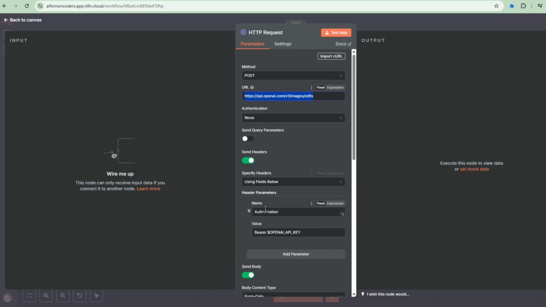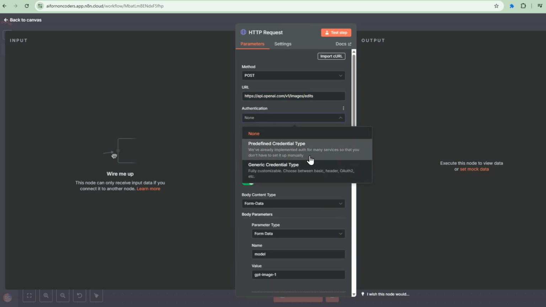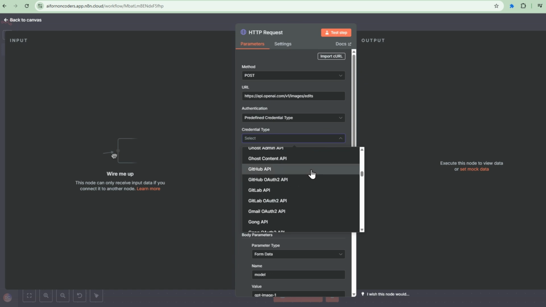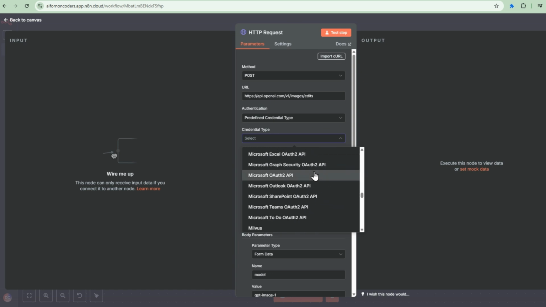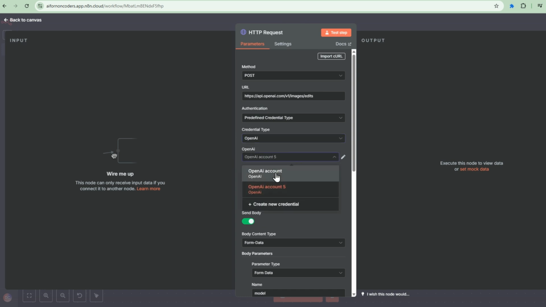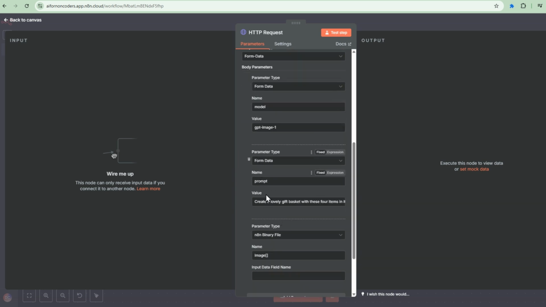So it's doing this, but we actually don't need to do this. We already have an API key that we've defined with OpenAI, so we can go predefined credentials, and then in here we specify our OpenAI credentials. All right, and we can select that here. Okay, so then the rest information, form data, the model we're using is GPT-Image-1, and then the prompt that we're